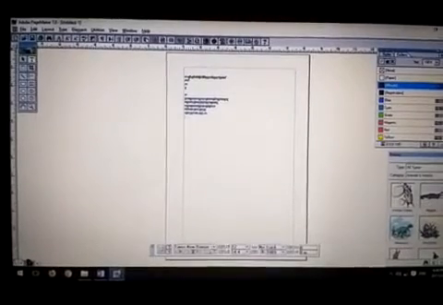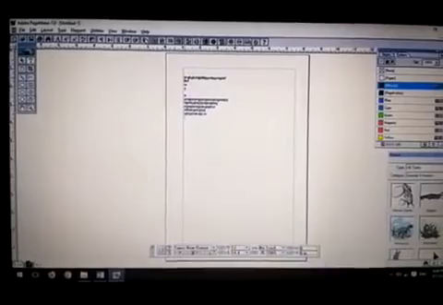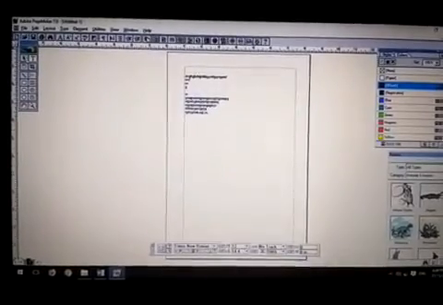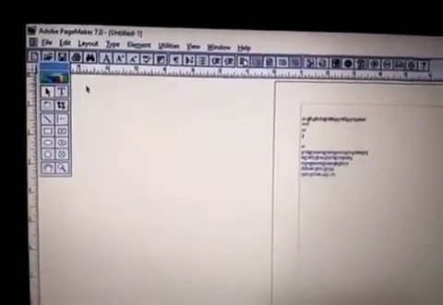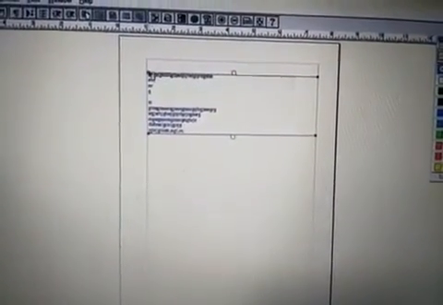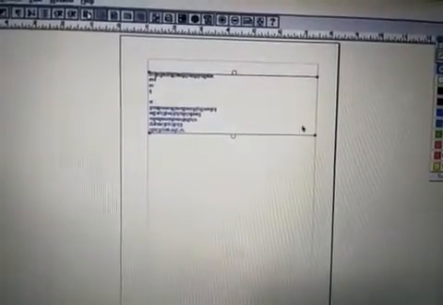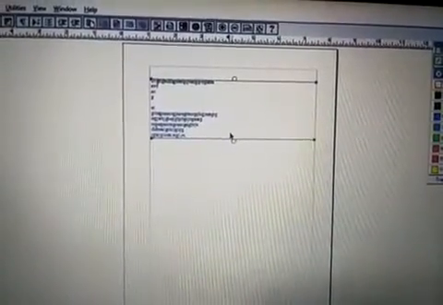Before making any changes, we must select the text. We must select the text with the help of the pointer tool. We select the pointer tool by clicking it, and then we select the text block. Now the text block gets selected. Here there are black points and two handles, and these two handles are called window shades.